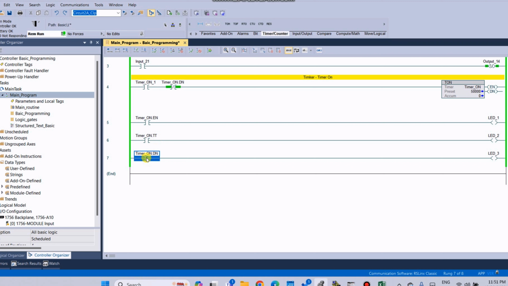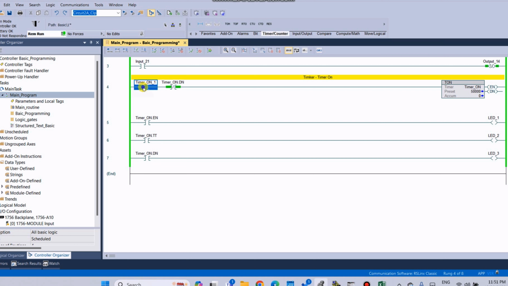So when the TON timer done bit is completed, then NC to NO, and then when NC to NO, the timer on supply is cut and the timer will be reset. And when the timer is reset, again the done bit is 0. When the done bit is 0, then the timer done bit switches from NC to NO to NC again.